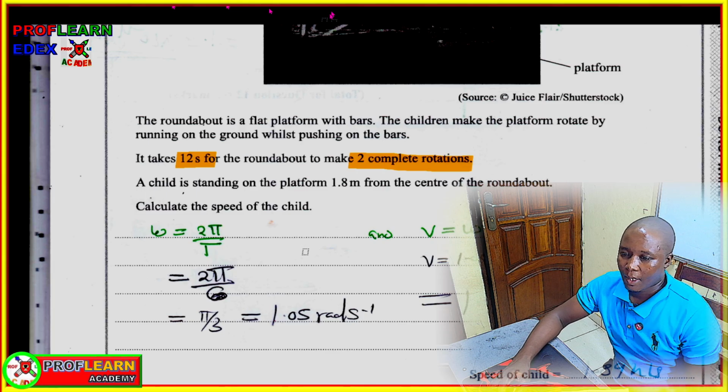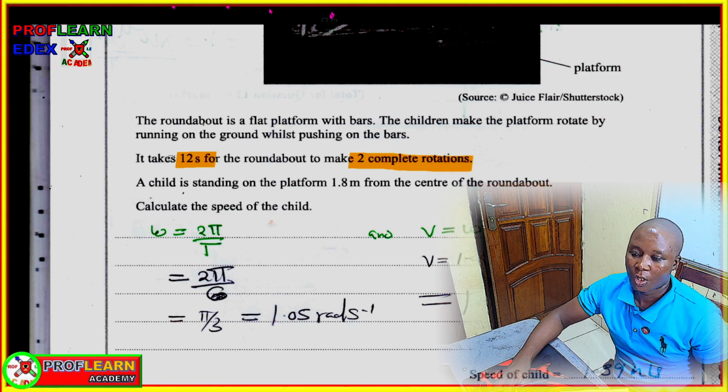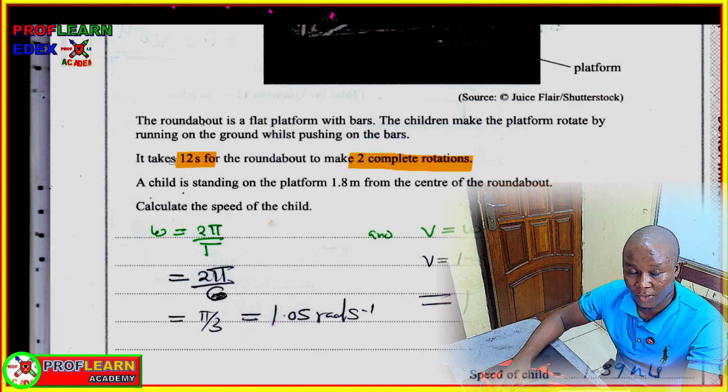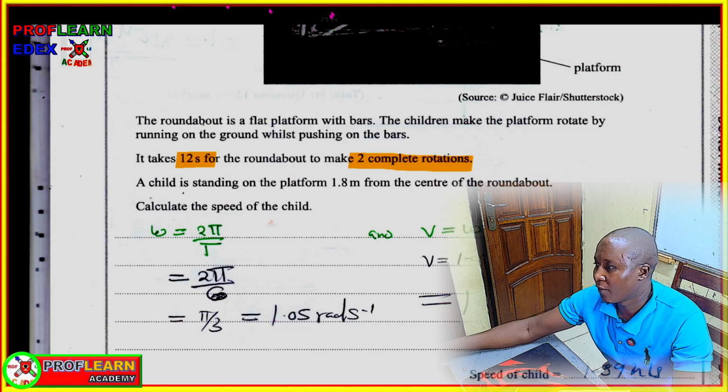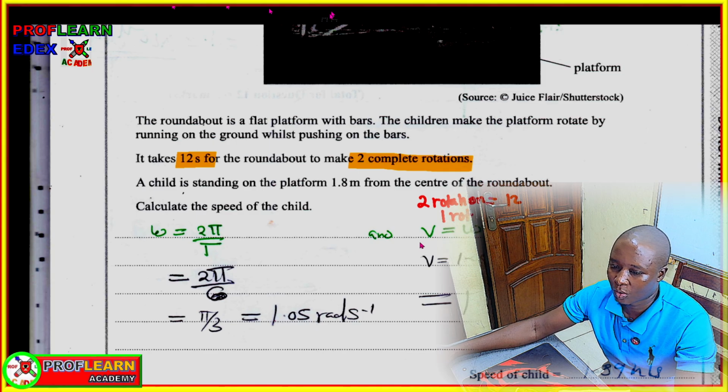Or you can look at it from the perspective of period. 2 rotations is equal to 12 seconds. 1 rotation is going to be equivalent to what? If 2 rotations is equal to 12 seconds, 1 rotation is going to be equal to what? So you are going to find 1 rotation is equal to 6 seconds, and that is now what we call